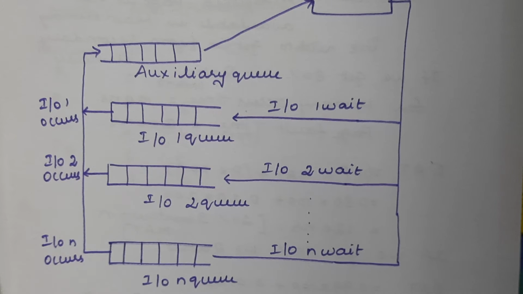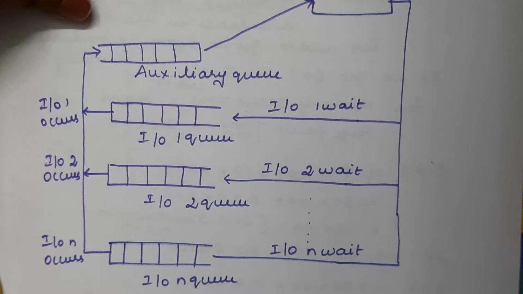So whichever IO devices it may need and whichever IO operation it has to execute, based on that it should be placed in one of the input output device queues. Okay, so these are all the things that we need to maintain in round robin scheduling. In order to avoid the same process being scheduled for the CPU to complete its operation rather than the new incoming process, otherwise, if you don't have a good mixture of CPU bound processes and IO bound processes, some problem will arise. So in order to avoid it, we have this auxiliary queue.